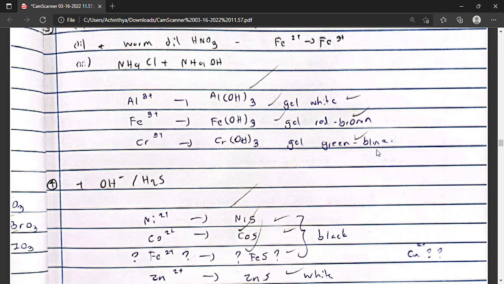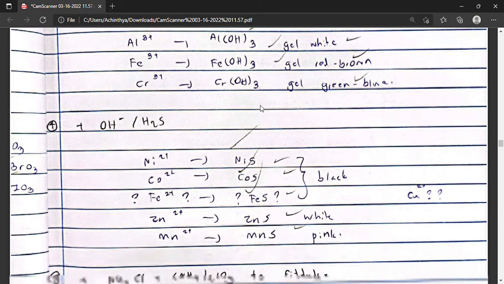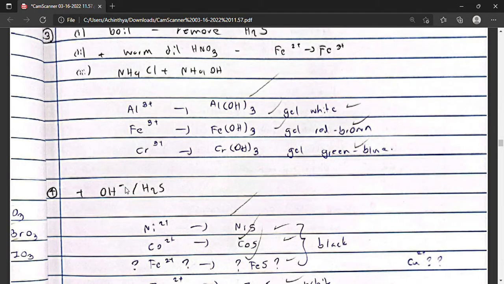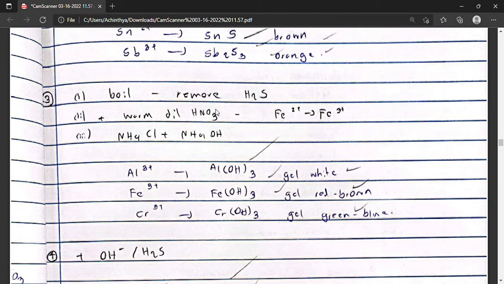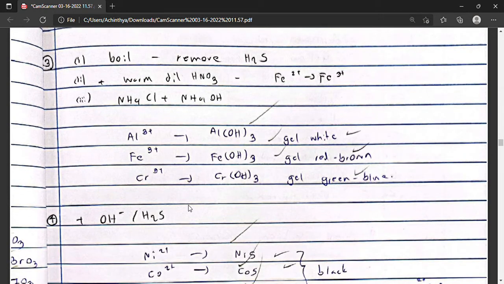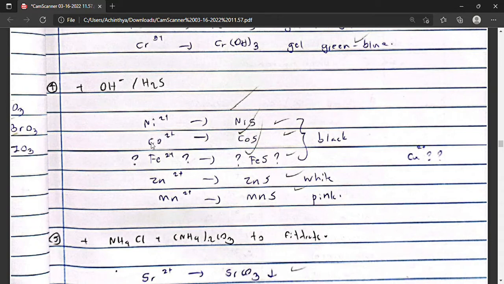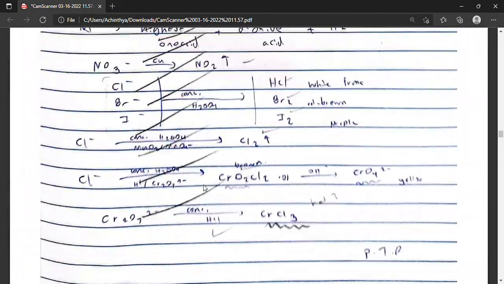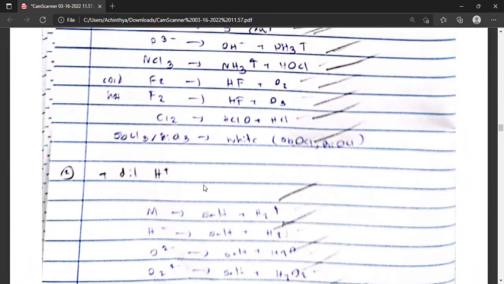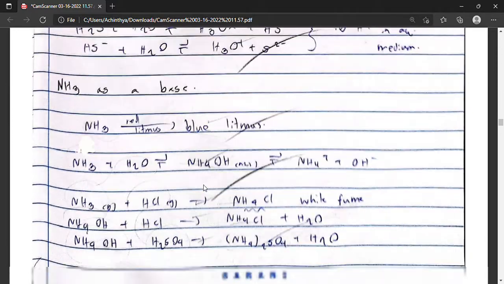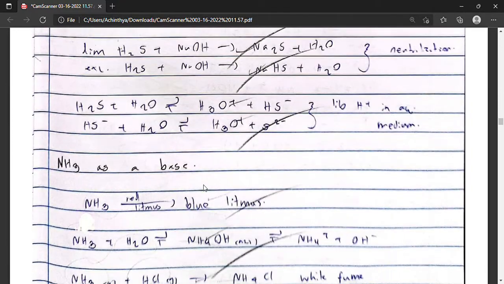Then we filter these precipitates if any are formed, and you see the filtrate is basic because we have added ammonium hydroxide. Then we bubble hydrogen sulfide again to precipitate these cations as sulfides. They need a high sulfide ion concentration to be precipitated. That's why we do it in a basic medium, because